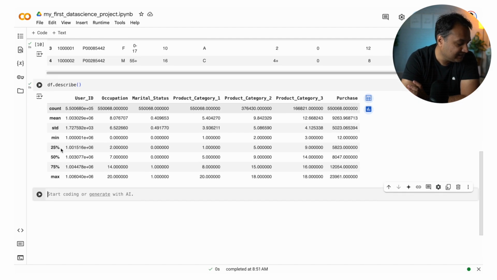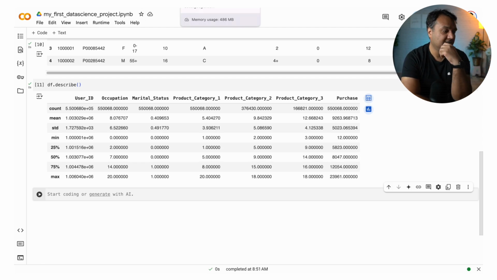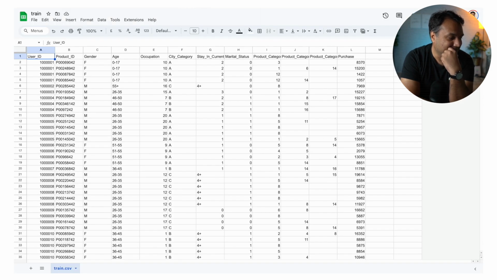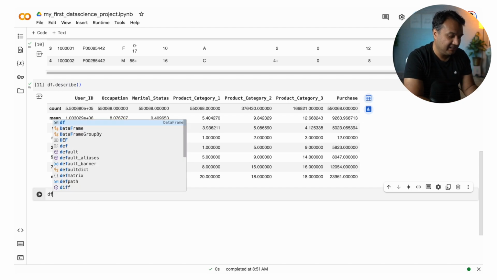You can see that it is telling you the count for each of these columns, the mean, which is the average value, the standard deviation, the minimum value, the 25th percentile, and the maximum value. All of that information, which would take you a lot of time to collect and understand when you are dealing with Excel, you get with a single line of command, df.describe. Another similar command is df.info.